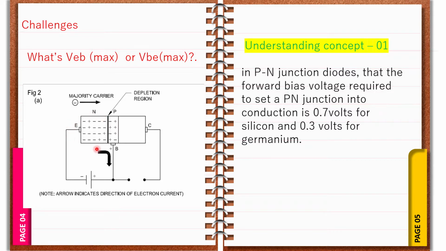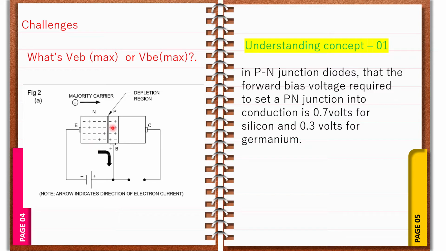In the forward biased circuit, I want to switch on this transistor, or we can say I want to make this PN junction conduct. What should I do? This is the question. To make this NP junction or PN junction conduct, we need to give the supply voltage. Then only does this junction become conducting or switched on.